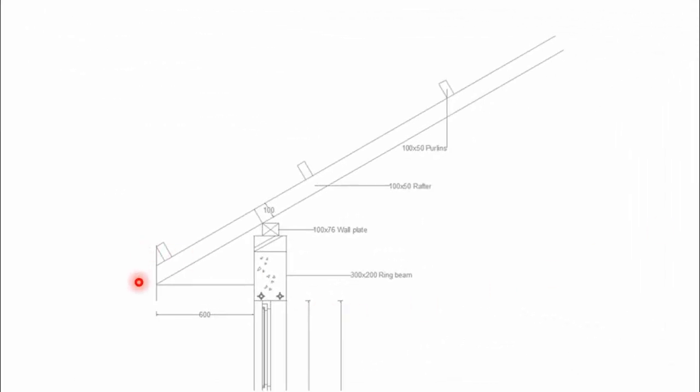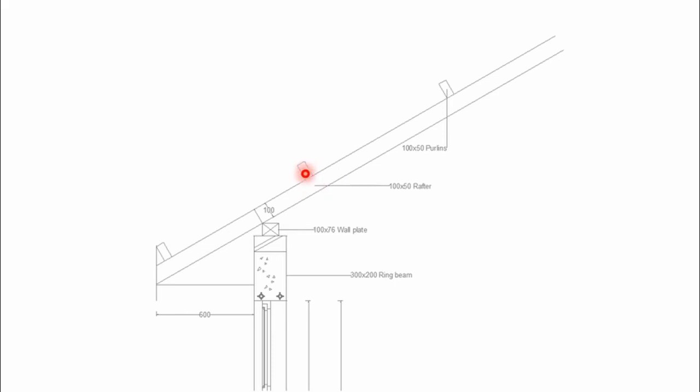So terminate it and place your purlins. The purlin is given as 100 by 50, and therefore place it standing. It's also supposed to be perpendicular to the rafter, therefore draw it in that manner, and then measure from one purlin to the next purlin